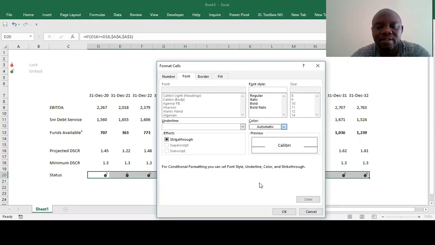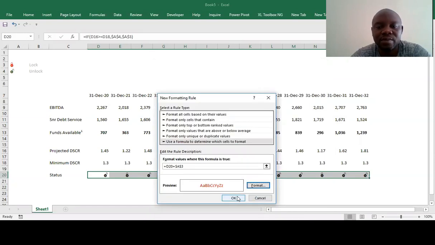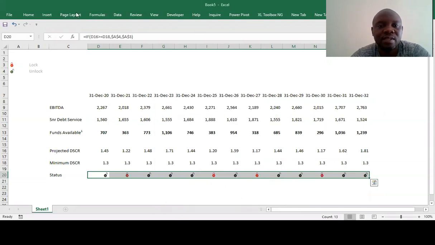The font color must be red. We'll press like this. We'll press OK.